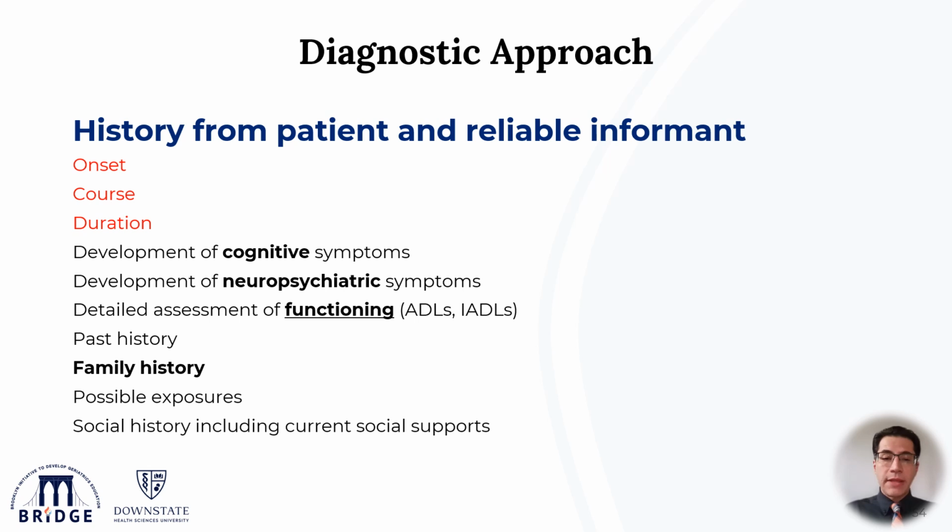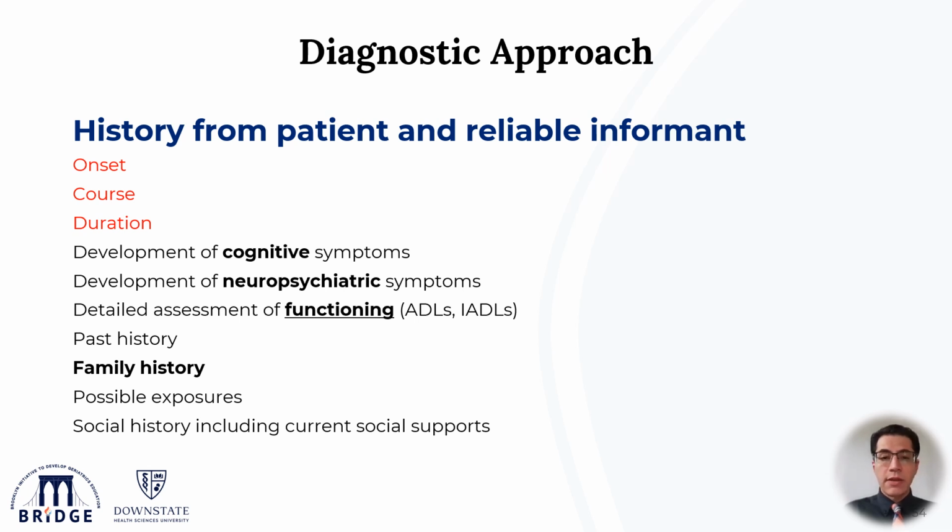So the first step, as I mentioned, is history taking from the patient and a reliable informant for collateral. That should include the onset, the course, and the duration of the illness. You have to screen for cognitive symptoms and neuropsychiatric symptoms. You should do a detailed assessment of functioning, including the activities of daily living and the instrumental activities of daily